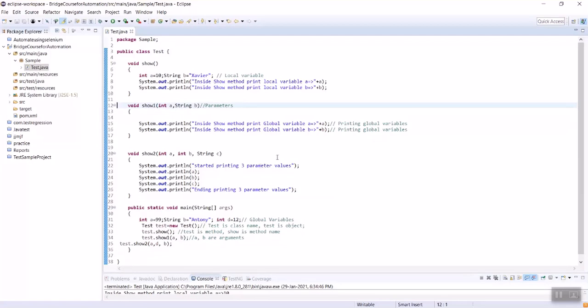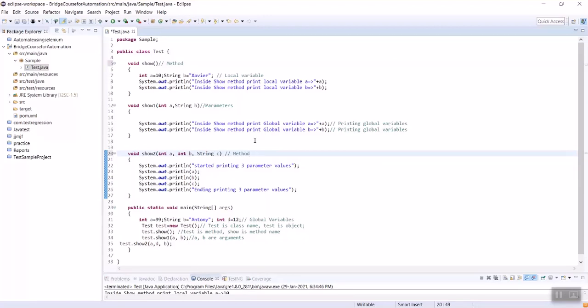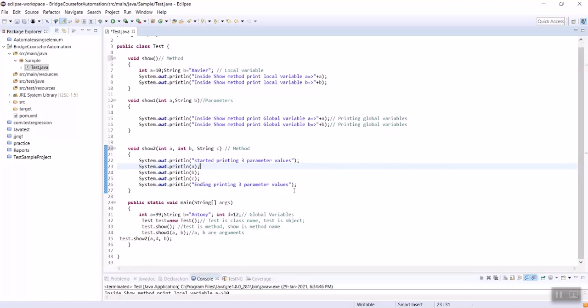Then next, what we can do, let's. Here, for your understanding, I am mentioning the method names. So the line numbers 5, 12, 20 are methods. Method or functions, both are the same only. Then, do I need to mention anything in detail?